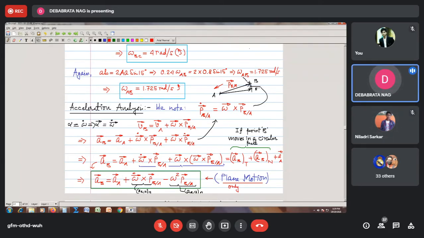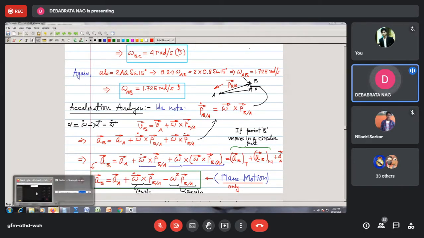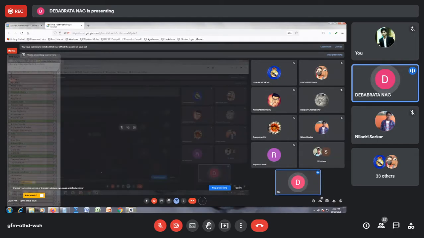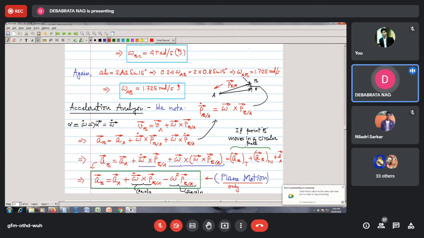So now if you look at this acceleration equation, what you will find is that on the right hand side you have three vectors, and on the left hand side you have another vector. So the sum of the three vectors will be equal to the left hand side vector. So if we try to solve this equation by semi-graphical method or semi-analytical method, I have to draw an acceleration polygon. So instead of an acceleration triangle, now it will be an acceleration polygon. So we have to draw basically an acceleration polygon to solve our problem, and we will be doing it in